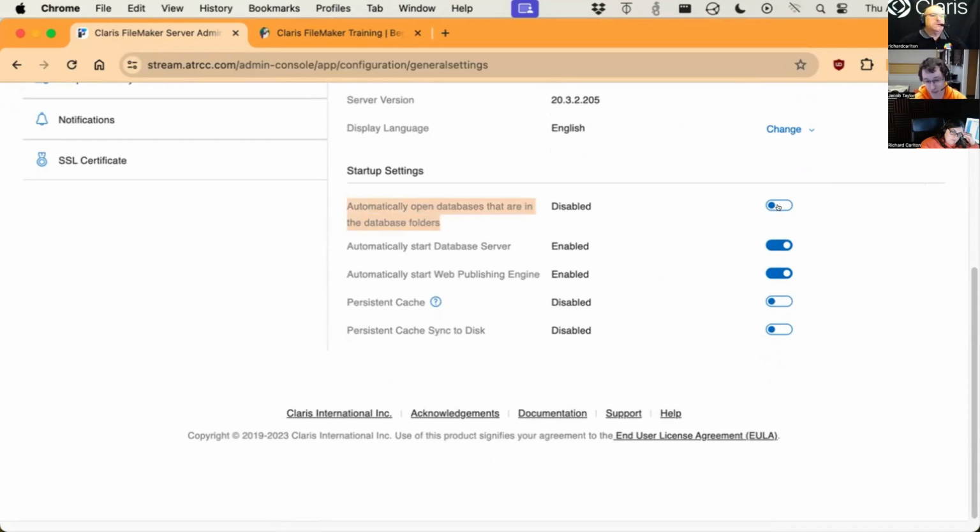This is on by default when you install the software, and what it means is computer comes up. So it sounds great, just to be clear. Computer comes up, FileMaker Server goes, oh, I'm on auto start. It boots up. Fantastic. It is done booting. It looks in its database locations and it says, there's some files in there. Let me open them really quick. No, don't do that. And the reason is because if you, the human, rebooted the server, for example, you